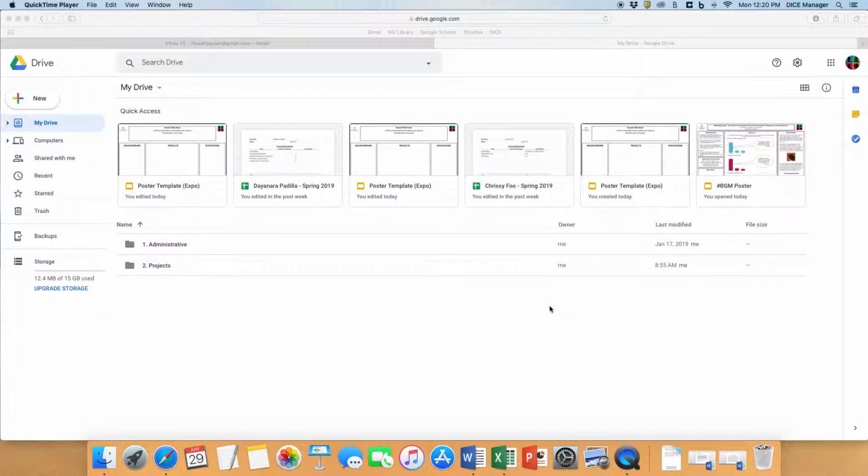Hey everyone, so today I'll be going through a brief tutorial on how to create graphs for your posters. In this lab, we typically create our posters in Google, and sometimes what ends up happening is students will create the posters in Google, but then they'll create the graphs in Excel and copy paste those graphs from Excel into